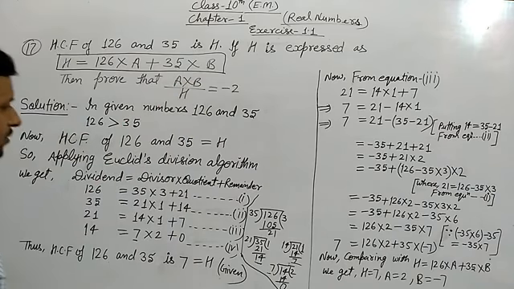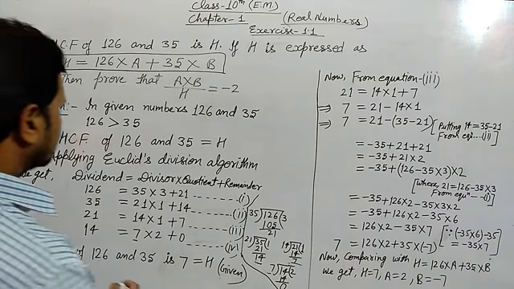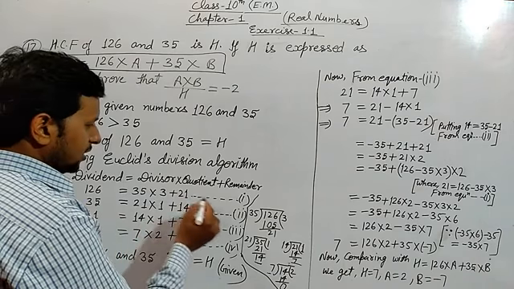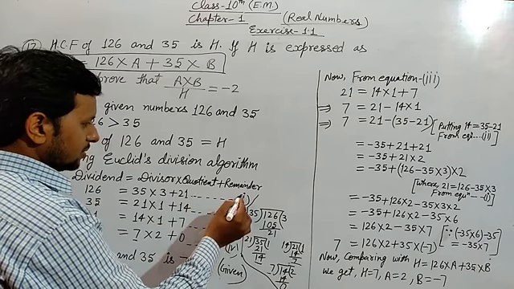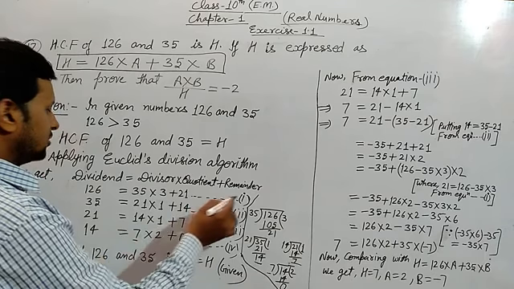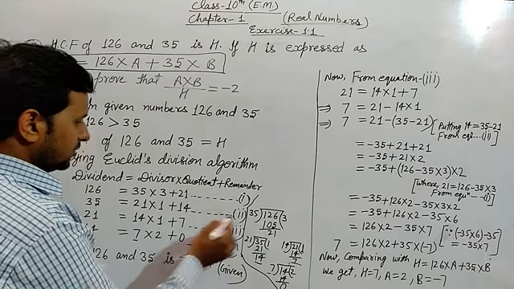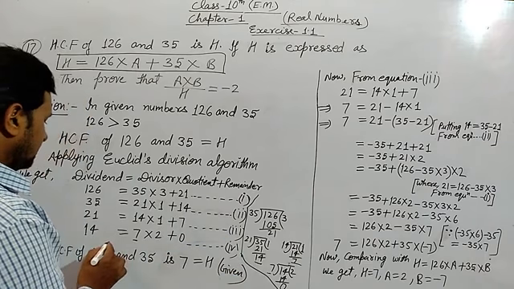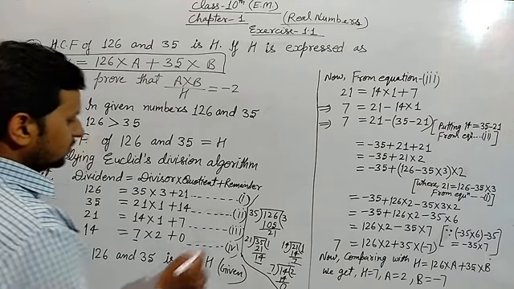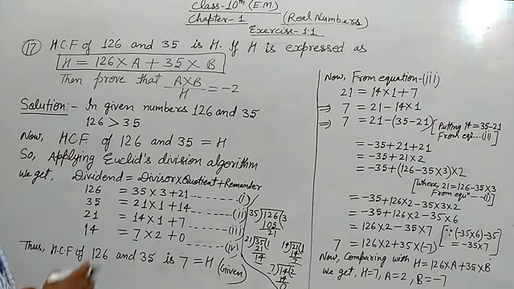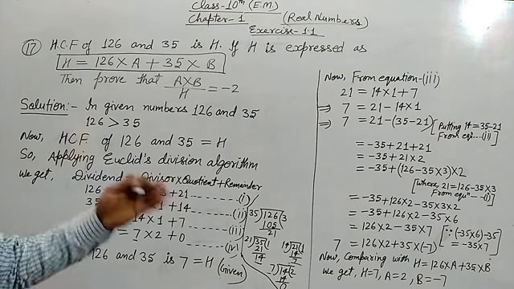So now we solve here. We see the first step is denoted as equation first. This is the question, this is equation first, the second step is equation second, the third step is equation third, and the next step is equation fourth. These are 4 equations. Now by using these equations we solve for the other terms.